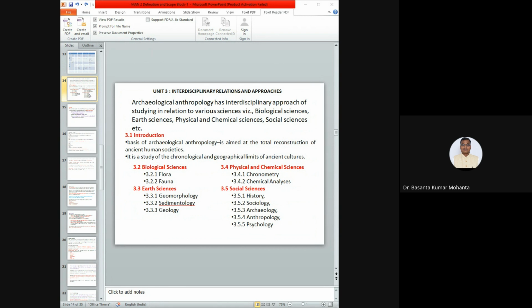In the similar way, we are also studying the chronology, means time sequence, the evolution. What was at the beginning stage, what came next to that, and what is the recent one. So phase by phase, time to time, how these cultural evidences are changing. What are the factors behind this change, and what were the results of this change? And because of this chronological study, we are able to know the changes in human culture. We may take the example of hunting gathering people to the agriculturist people.